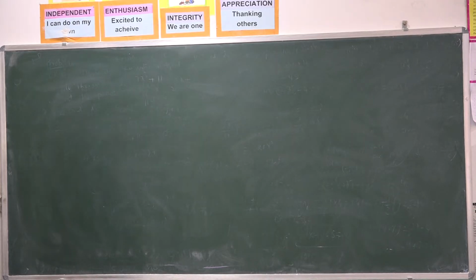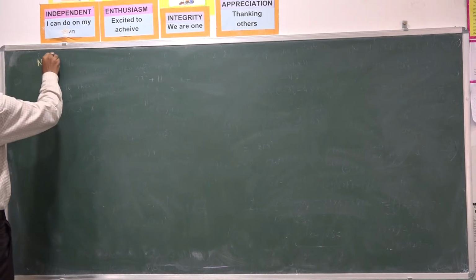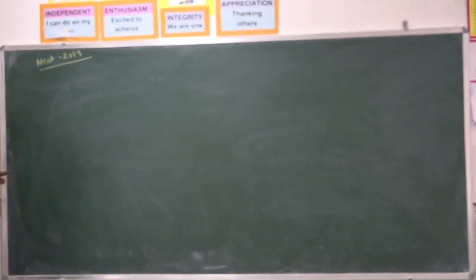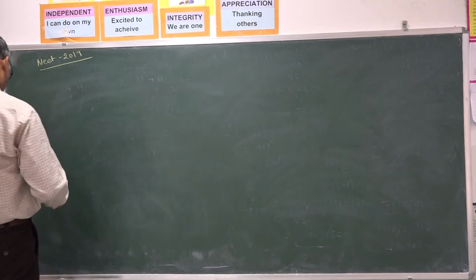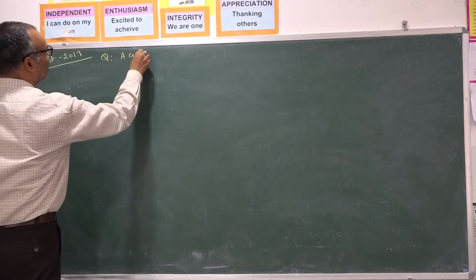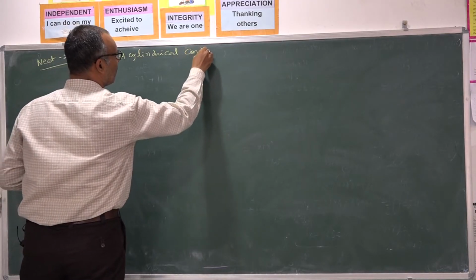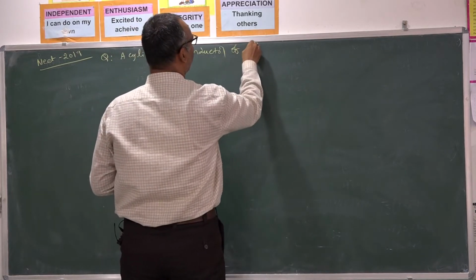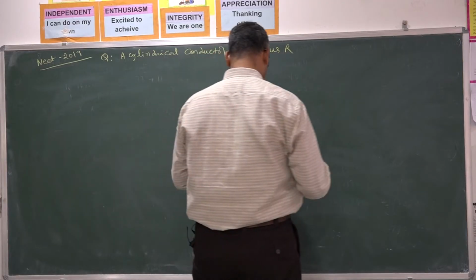Good afternoon, students. Today, let us discuss NEET 2019 question from the chapter of electromagnetics. The question says, a cylindrical conductor of radius r carrying a constant current,